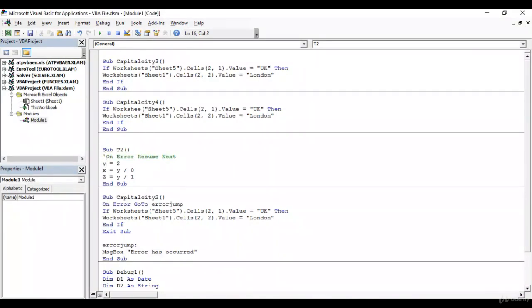All this program is doing is we've got a macro named T2. It has a variable y which has a value of 2. Then we have a variable x which is y divided by 0. And then we have a variable z which is y divided by 1. And then we are just ending this program. Now if I just run this program,